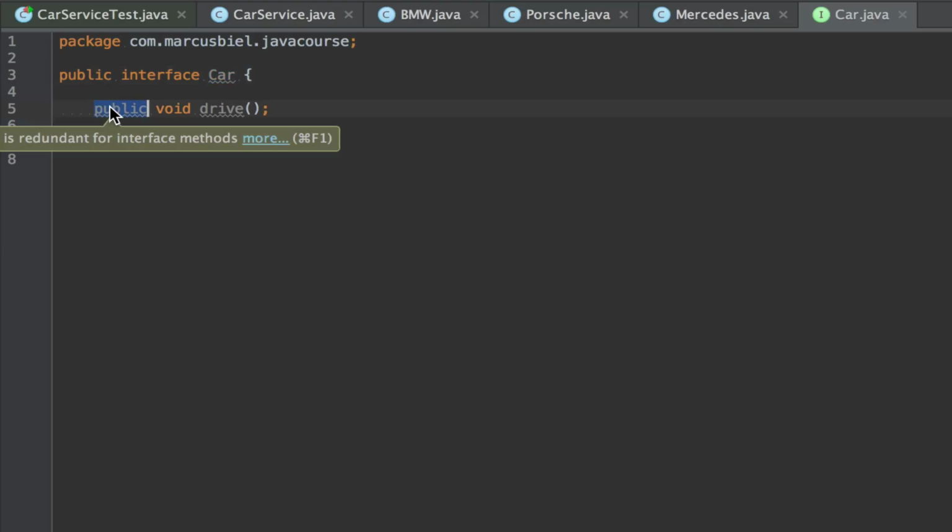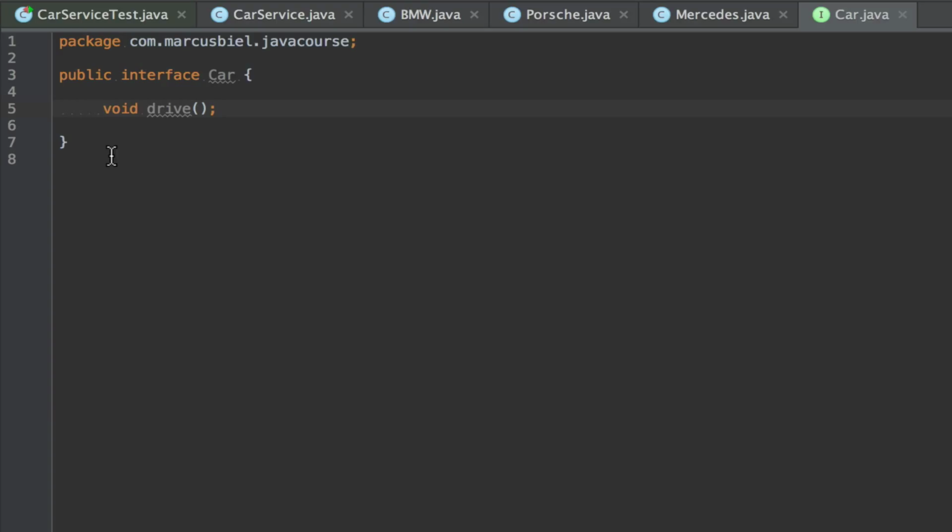Okay, and when I click here, you also see modifier public is redundant. Why is it redundant? Because by definition, all methods that we define in an interface must be public. They are always public. So even if I remove it, well, if you still remember the episode I did on the visibility modifiers, you might now think, well, now that there is no modifier defined, it must be of default or package level visibility. No, it is still of public visibility, because a method is always of public visibility.